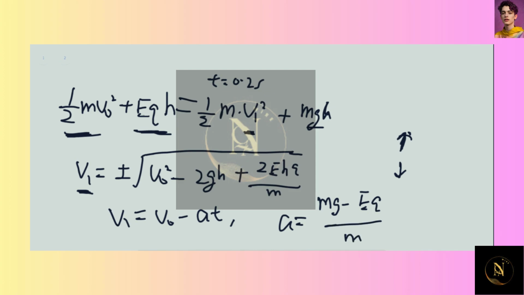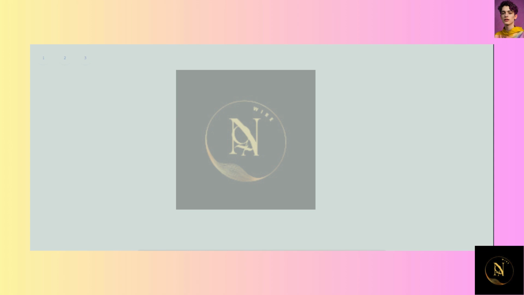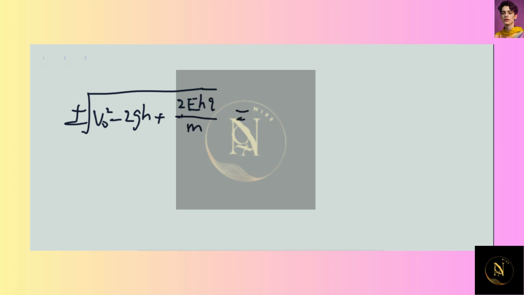So we can plug this a into this relation, and we obtain the equation plus or minus the square root of v0 squared minus 2gh plus 2eh q over m equal v0 minus mg minus eq